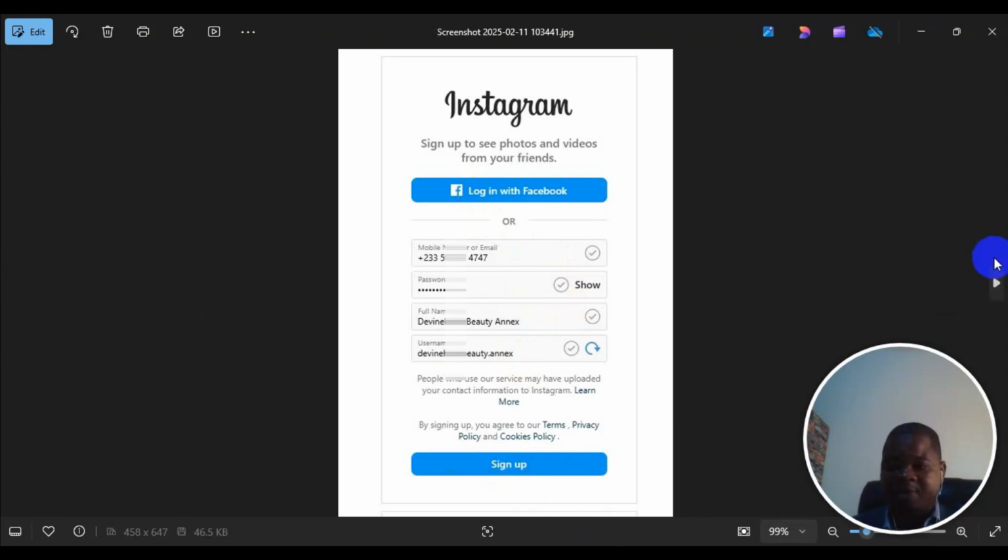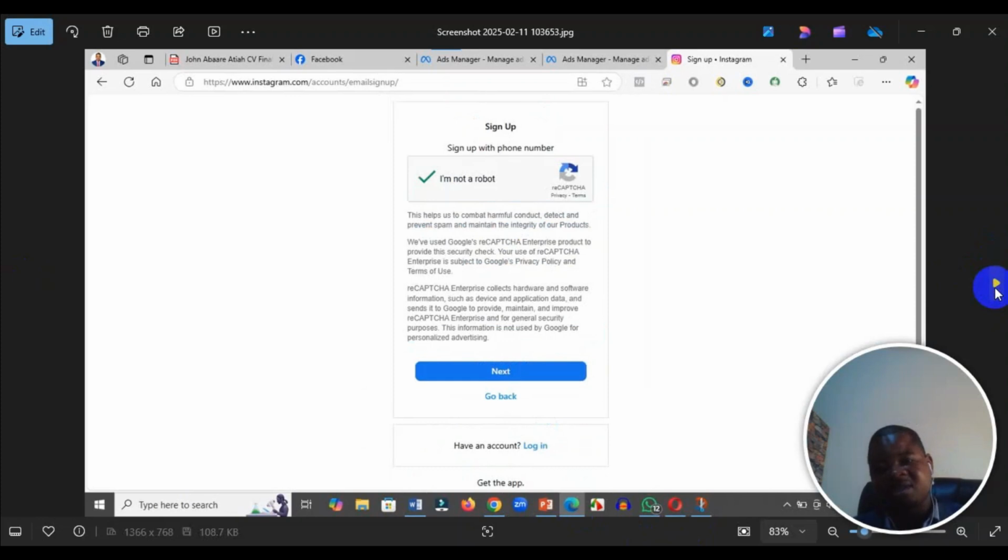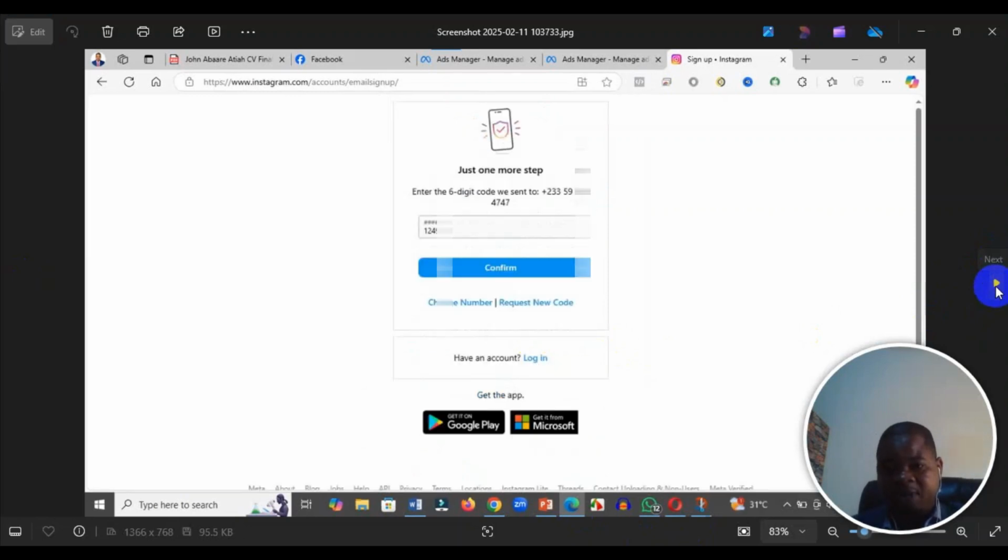When you click on sign up, it takes you to the next screen where you'll be asked to put your birth date. So you put your birth date and click on next. It brings you here. It will ask you to identify that you are not a robot. So you click on next, and then it will bring you here where they will send a code to your phone number. Then you have to put it there. After you put the code that was sent to your phone number,